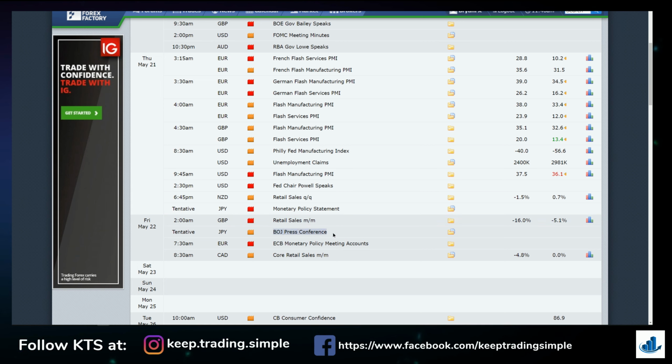As well as the Bank of Japan press conference. We'll have a little bit of market movement because of the yen, but not too much as far as affecting the indices and the commodities. And then 7:30 a.m., the monetary policy meeting notes is really going to give us a foreshadowing of how bad COVID-19 is affecting Europe and what it could mean. Now, remember,